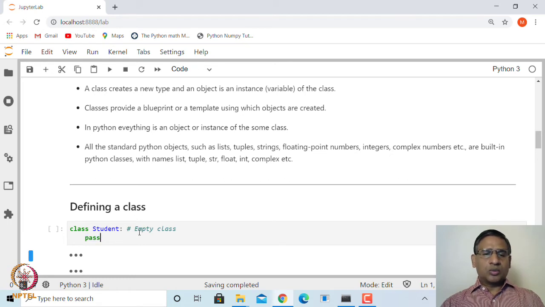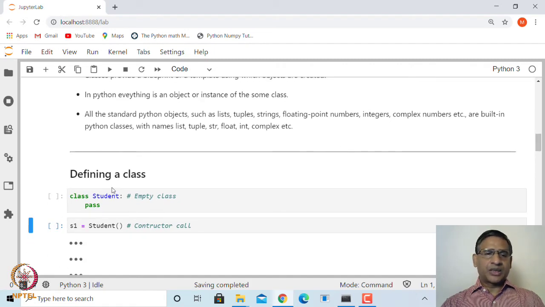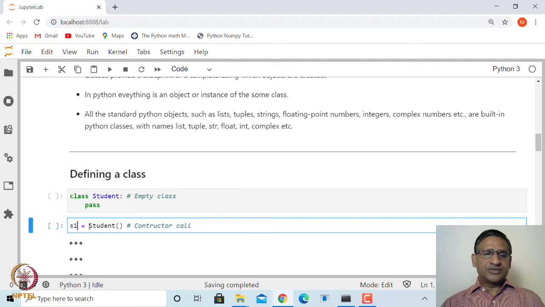Now, we can define an object of this class, or an instance of this class. How do we define that? We will call this S1. S1 is an object which has the Student type. So, we say S1 is equal to Student and empty round brackets.